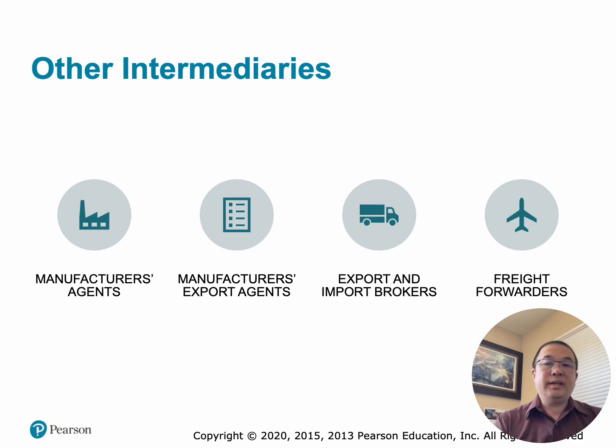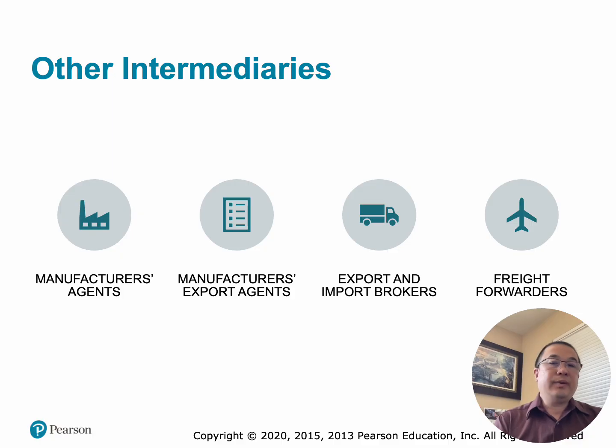Number three, export and import brokers. These act as a matchmaker between buyers and sellers. What they do: they identify trading opportunities, bring buyers and sellers together, facilitate negotiations, and earn a commission. What they don't do: they usually don't own the products and they usually don't handle shipping. As an example, a coffee broker connects a Brazilian coffee exporter with a U.S. coffee importer. The benefit would be quickly connecting trading partners.